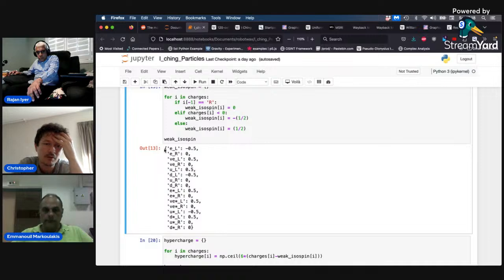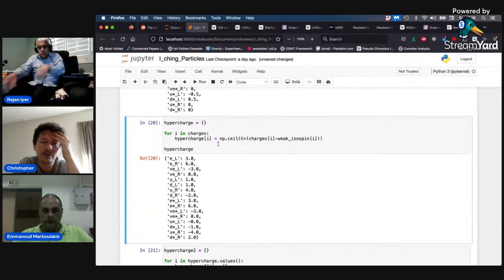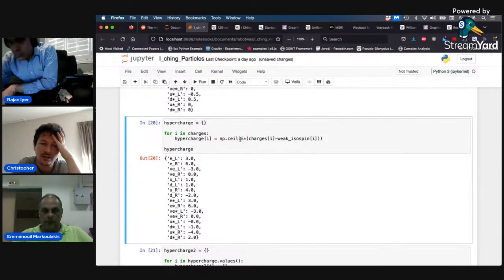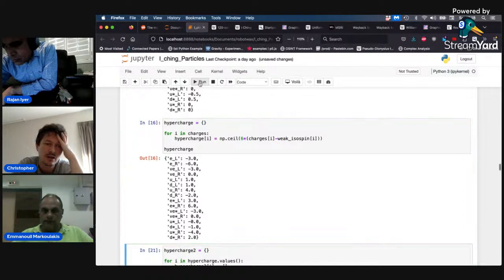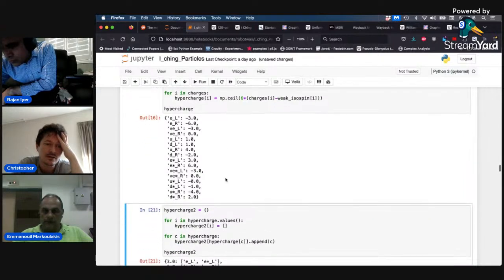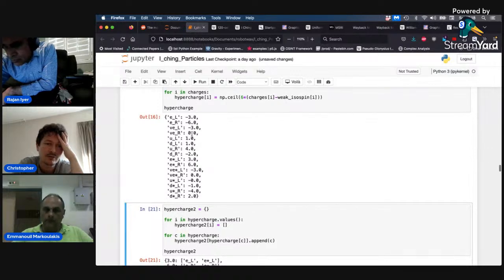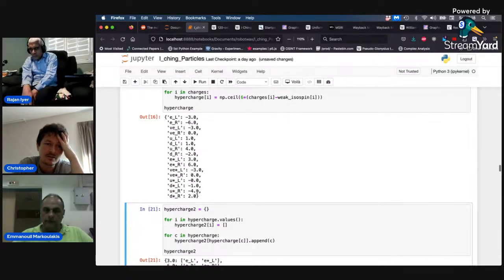So then we build up our data structure with those values for each of the particles, and now we just calculate the hypercharge, which is the charges minus the weak isospin of the respective particle times the number 6, and then we just take the ceiling value of that, and that gives us this as a result. So no number 5, but it does have negatives, and the mirror side of this will have the opposite negative charges. Okay, so